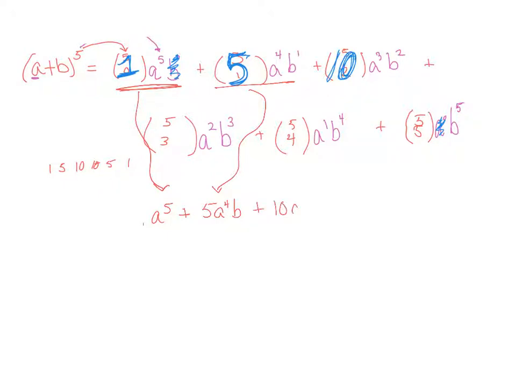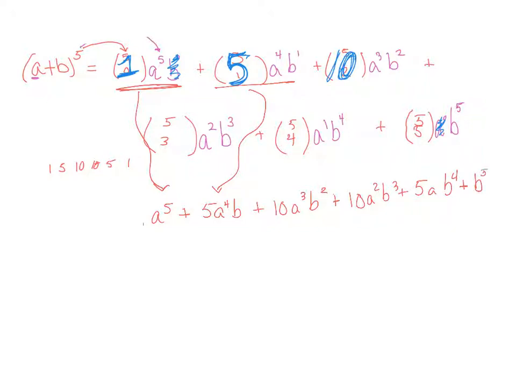Plus 10a cubed b squared plus 10a squared b cubed plus 5a to the 1st, b to the 4th. Don't need a to the 1st. Sorry, bad habits here. Plus 1